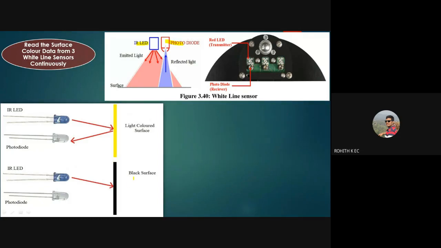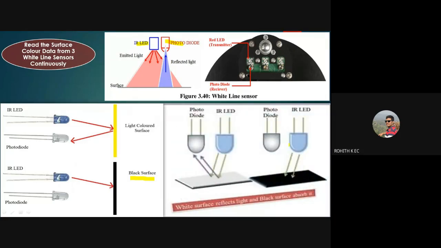If we have a black surface, the black color will almost absorb the radiation and the reflection is almost nil. Now when I compare black color and white color, if I am radiating IR signals, a white color surface will have maximum reflection, and a black color surface will have maximum absorption.